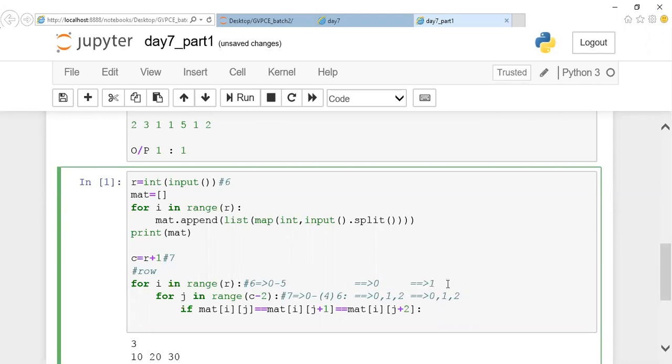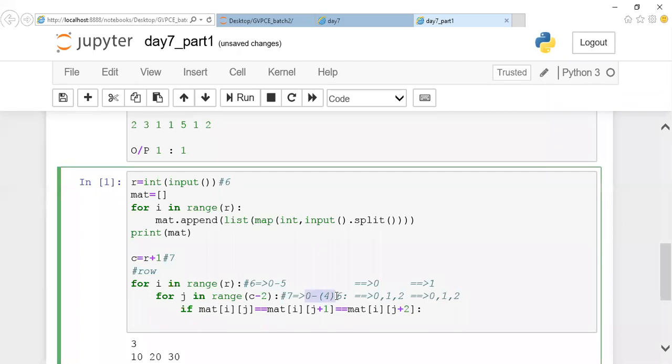The same way you can notice that when it is going for your fifth row, you should not go index out of range. So in order to avoid this index out of range, I'm stopping my column at 0 to 4. For each and every time, I'm taking only 3 elements.